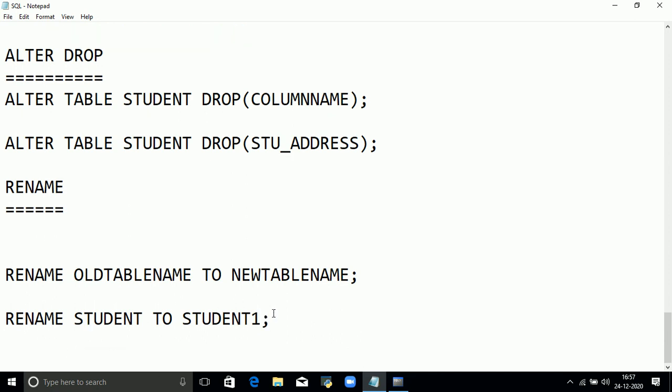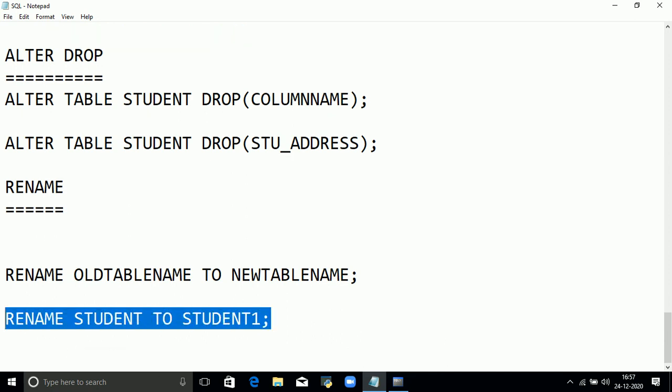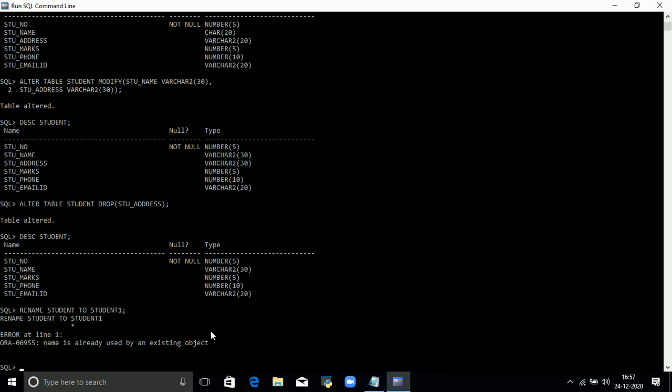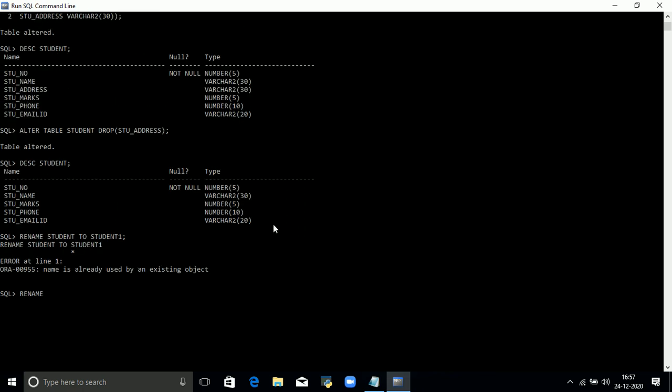The name of the table changes to student1. But we already have a student1 table. So for example, I want to rename student to student2. Yes, it's working.